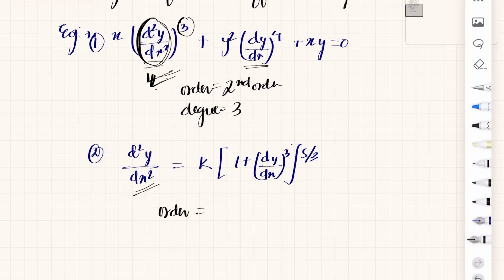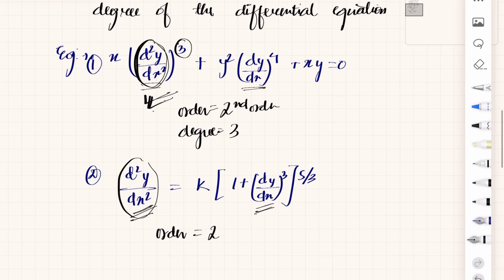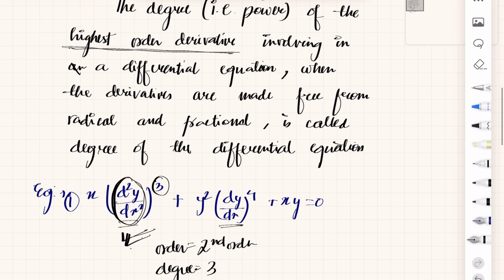Yes, this is the highest derivative, right? We have two derivatives, this one and this one, and the highest one is the left one. The order is 2, correct? But what is the question mentioning? The question said,